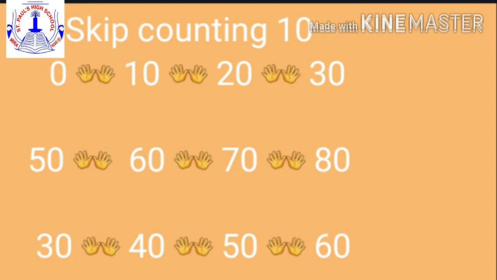Understood? Now after 60, again the next number, how will you write it, children? You will write 0 in the ones place as it is, and after 6 which number will come? 7. So you will write 7 in the tens place. Then now your number will become 70. Got it? Then after 70 again you have to use skip counting 10. So which number will you write? Yes, 80. Why? Because 0 you will write as it is in the ones place, and after 7, 8 comes, so you will write 8 in the tens place, and your number will become 80.